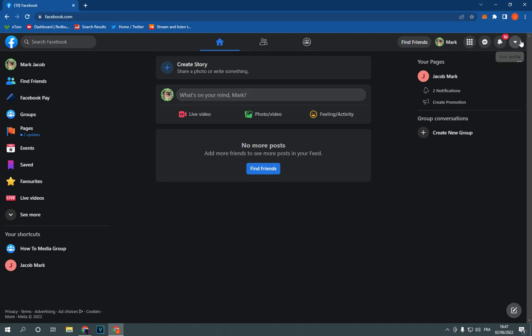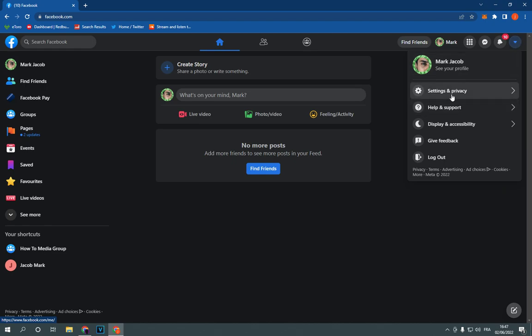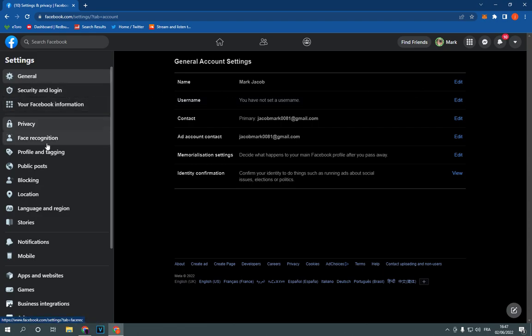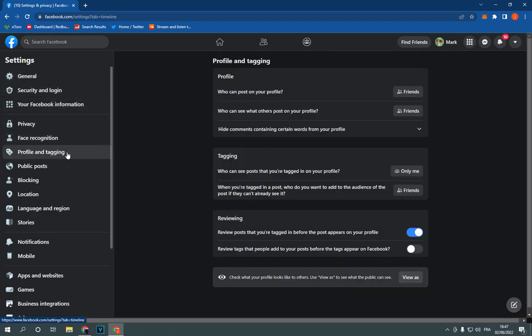Go to the top corner, click here, click on Settings and privacy, click on Settings, go here to Profile and tagging. It will take you to this page. Go here,